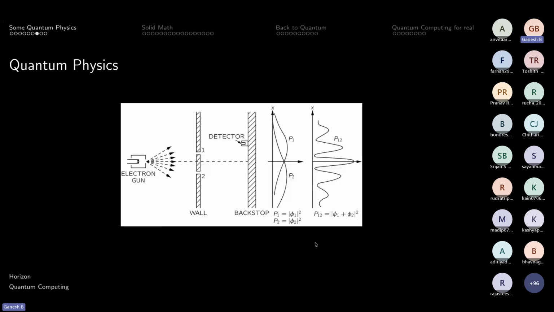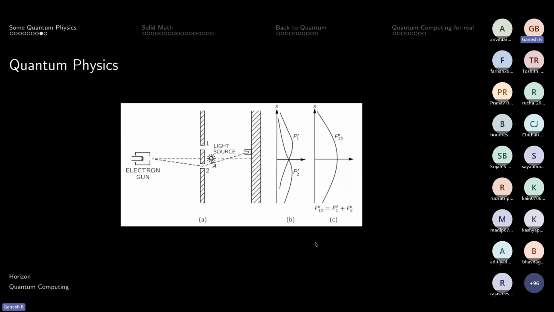We don't really expect this to happen, because it's not like half an electron is going through one slit and the other half is going through the other slit. Electrons can't split. They are solid chunks. That's what we think, so that's clearly not what is happening. We'll try to shine a light in between and see what exactly is going on.